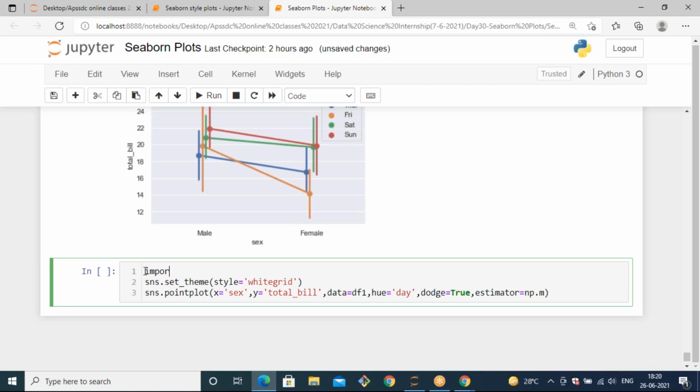The style will be set like a white grid, and we need to import numpy, because when it comes to estimation you need to import numpy. np.mean.